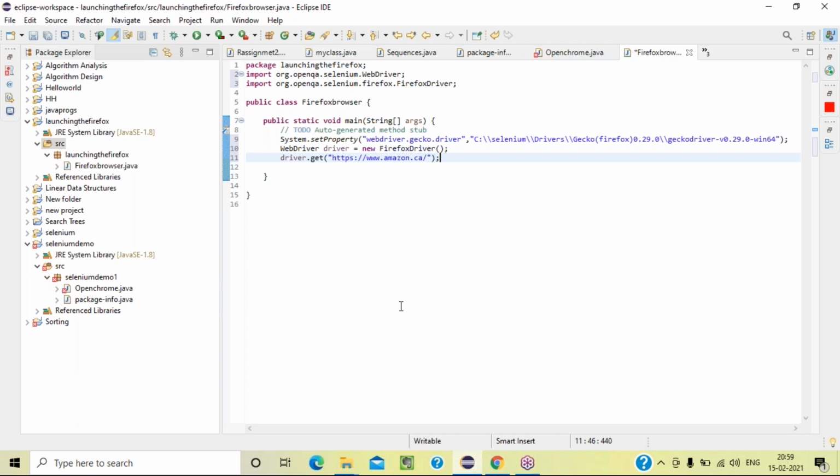After that I'm importing what is required. Here I required Firefox, so I'm simply writing one line of code: import org.openqa.selenium.firefox.FirefoxDriver. So you always remember 2-3 steps, only 2-3 steps.